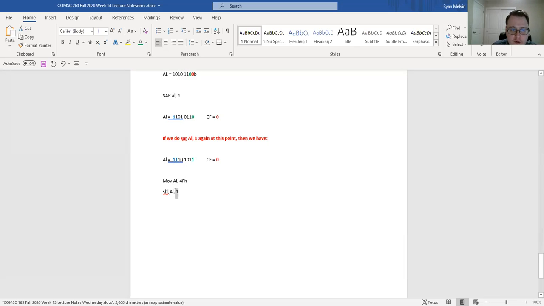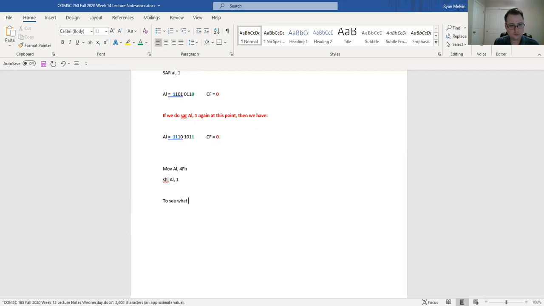Well, but the thing is, this still means 1 bit position, not 1 hexadecimal symbol, 1 bit position. So all we would have to do to work through this is, either mentally or on paper, convert that hexadecimal number to binary, then do the shift there, and then, for example, convert the result back to see what the result in hexadecimal would be. So that's the only difference if the data is given in hexadecimal. So just convert that 4F to an 8-bit binary value,